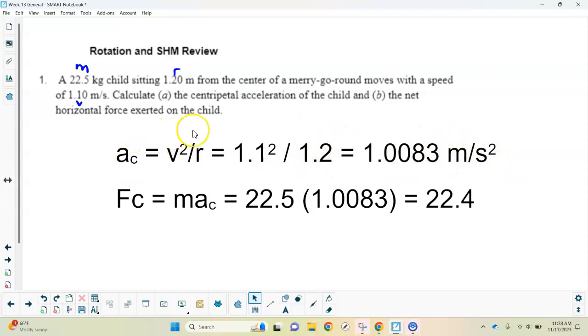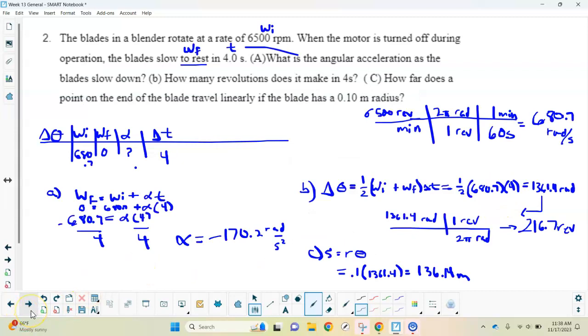The horizontal force is the force that's keeping the child in place, like the force of friction. So Fc equals m ac, the mass times that acceleration. You should get 22.4, and I left off the unit. That should be newtons because it's a force. So the first one's pretty straightforward, just plug it in. The next one,